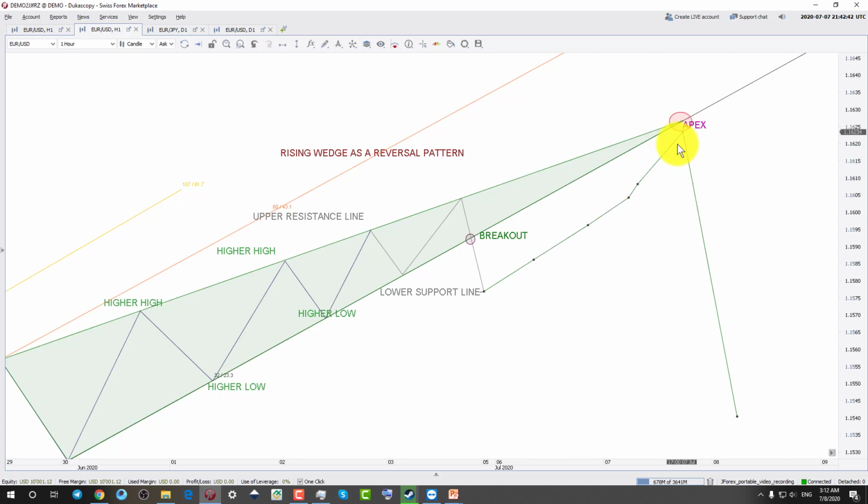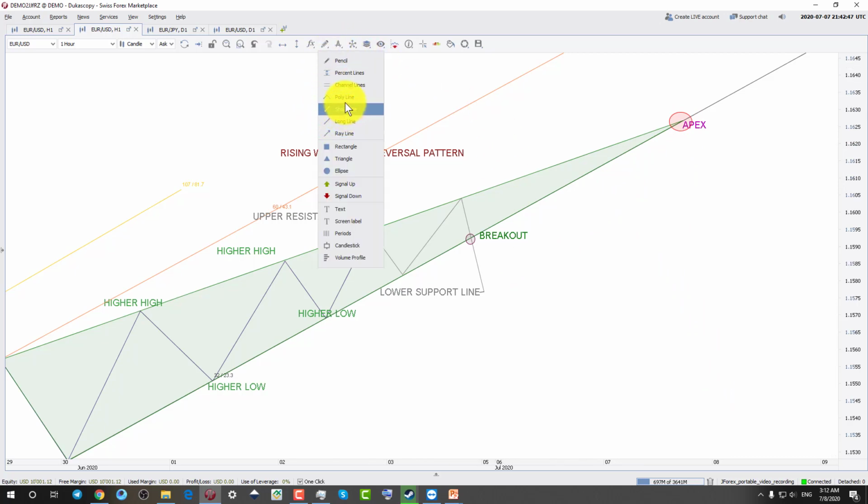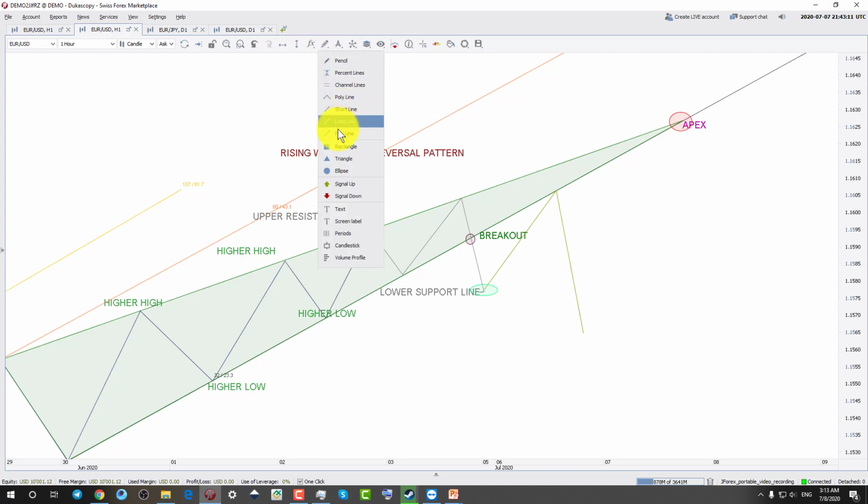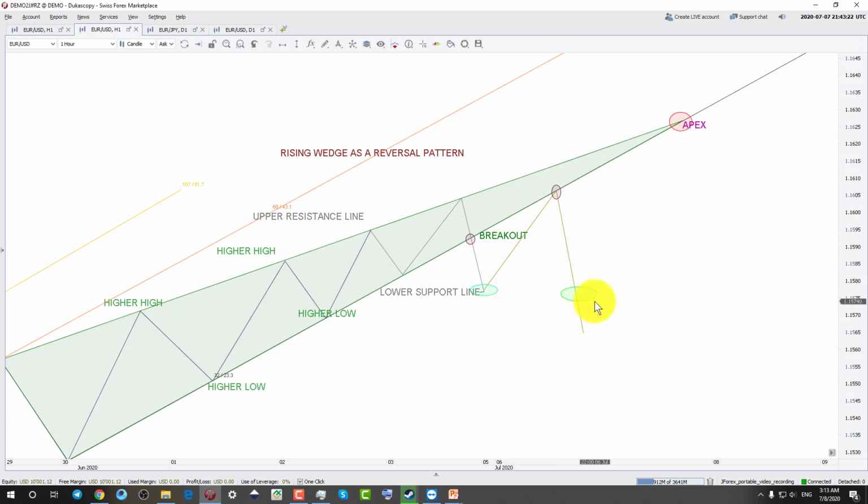If not the apex, at least the price should retest this broken support line like this and then break below this level, then break below this reaction low which it had formed. Now see, the price was making higher lows, and then eventually when it made a lower low here, and then breaks this low after retesting this level here, that is a very conservative method of opening the position. And I mean, you can open a sell around here after the break. Otherwise,